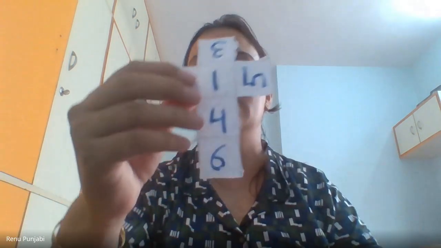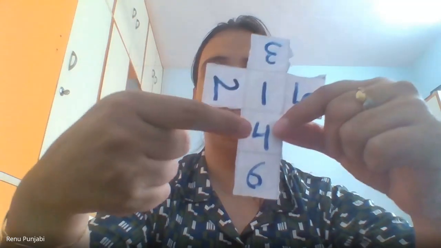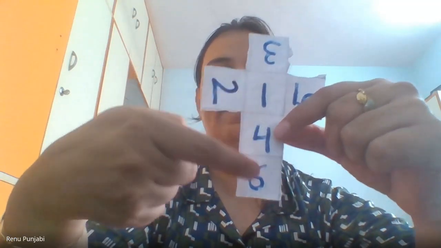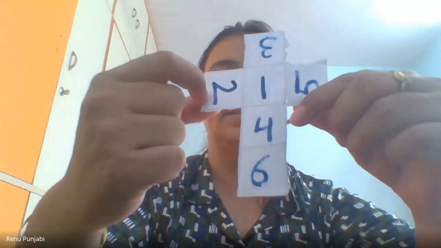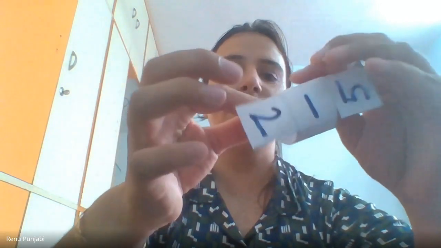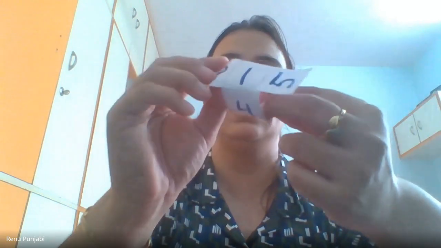See, children, as I was searching on the net, this type of net I have prepared for a cube. This is the first net which was given in your textbook also. Ma'am, it is A1 net. Yeah, a net. 3 plus 4 we will check is 7, and 1 plus 6 is 7, and 5 plus 2 is 7. Then the net is correct. Right? When you fold it in this way and make a cube, it's a net of a cube.